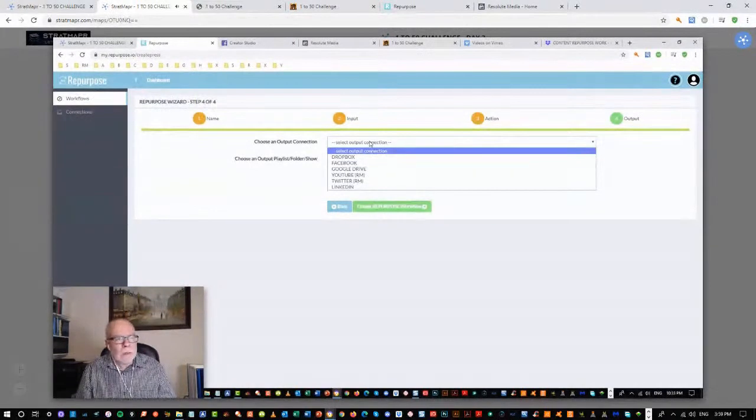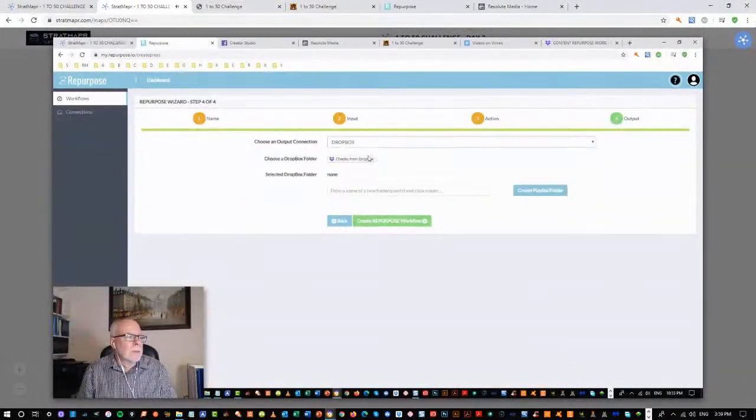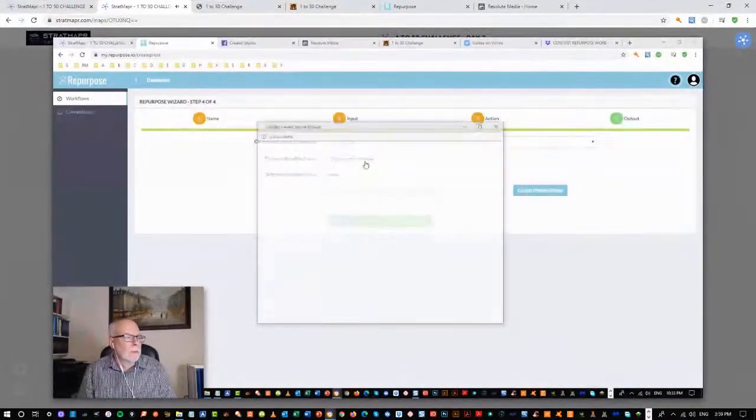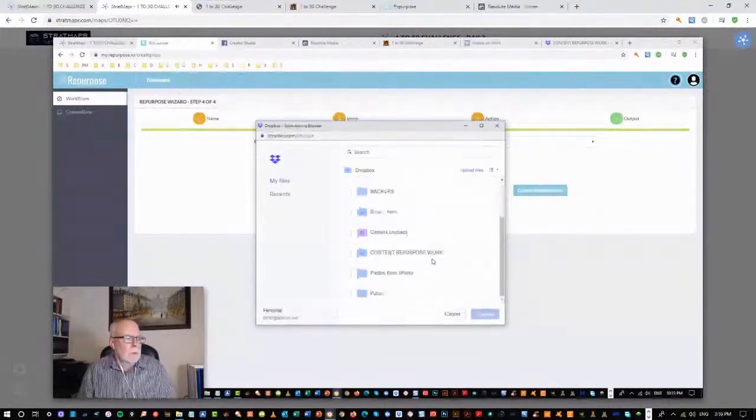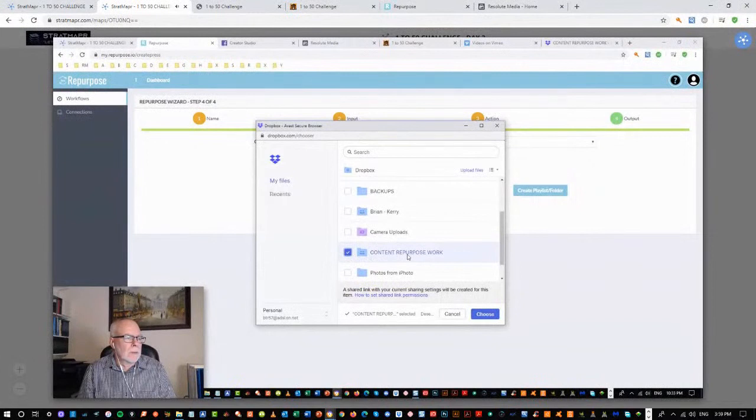We do need to go via this interim step with Dropbox, because Instagram just generally is very hard to integrate with directly. They have been for some years now, making it very difficult for software developers. And so we've got a bit of a workaround. So we're going to go to Dropbox. We want to use a specific folder for this work, so that we have a content repurpose work folder already set up. Otherwise we could create one